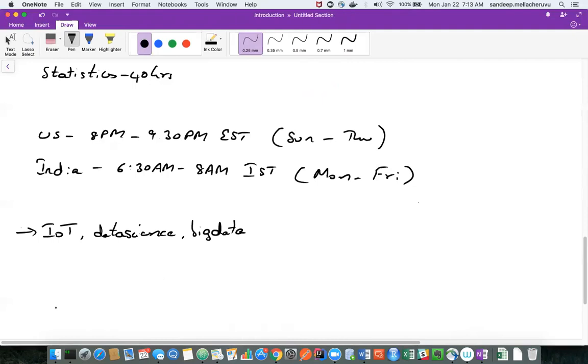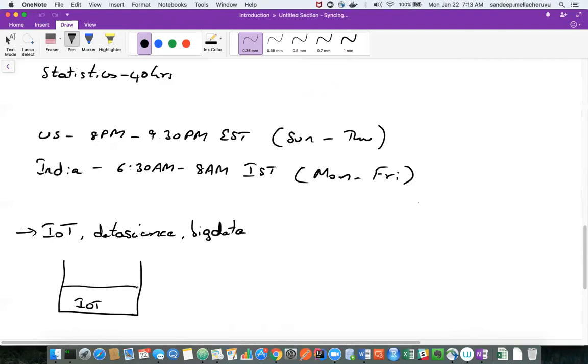But when you put all of these in a stack, you'll get to know where everything stands. In a way, IoT is a data collection framework. It's more like collecting various devices' data. So it comes at the bottom of this entire stack.